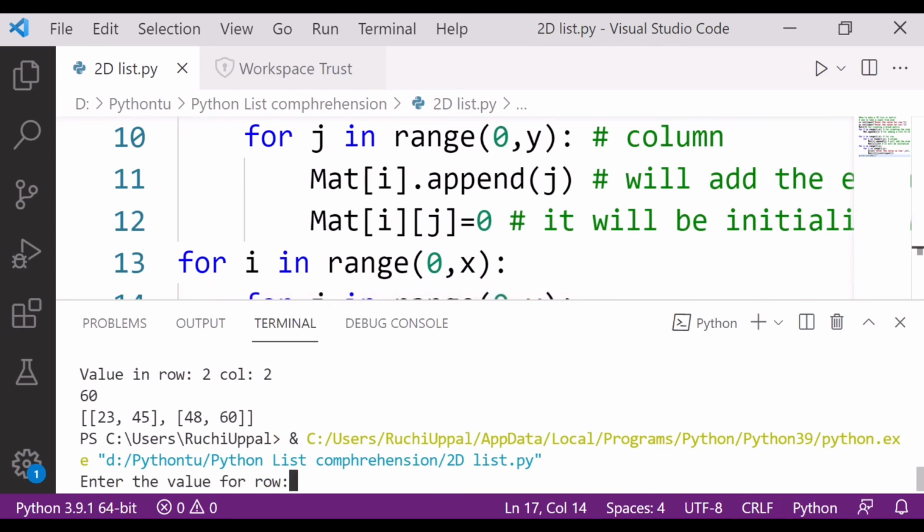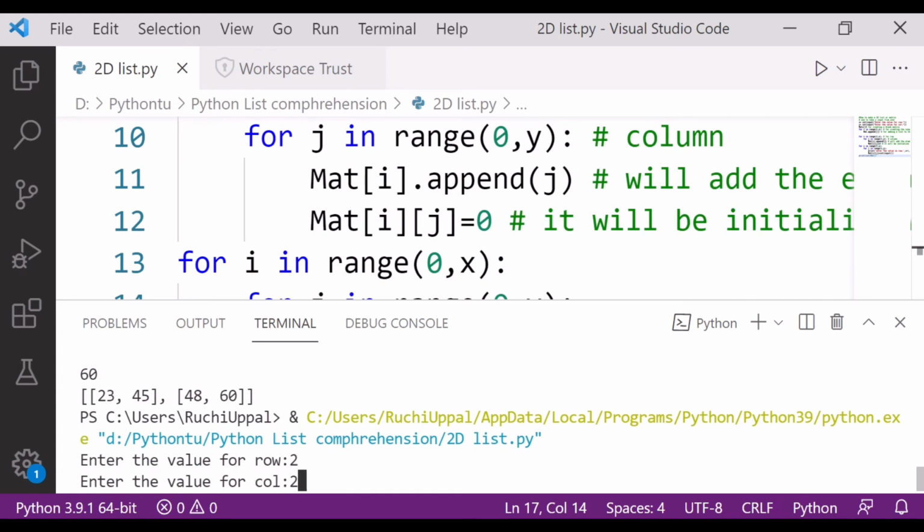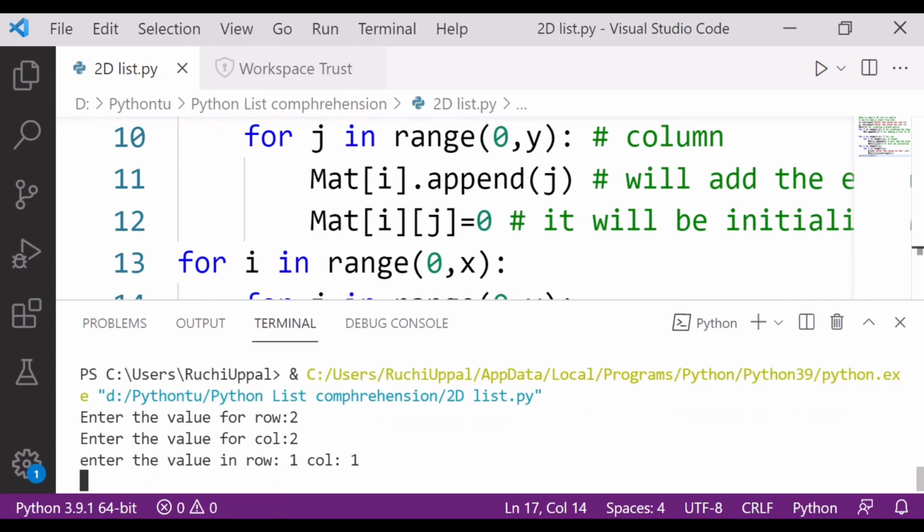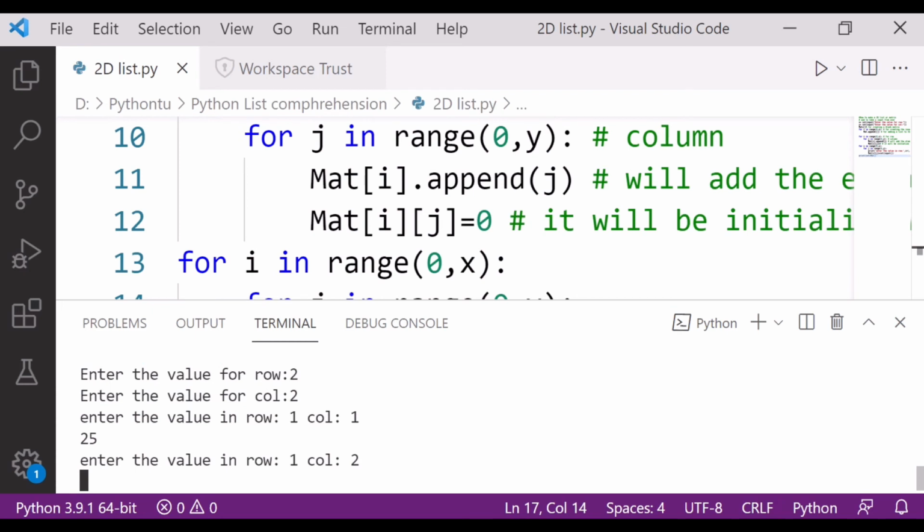Okay, great, it is saying enter the value for row. Just suppose I have entered 2, column 2, great. So it is saying enter the value in row 1 and column 1. So suppose 25 and column 34, and next value 36, then 60.